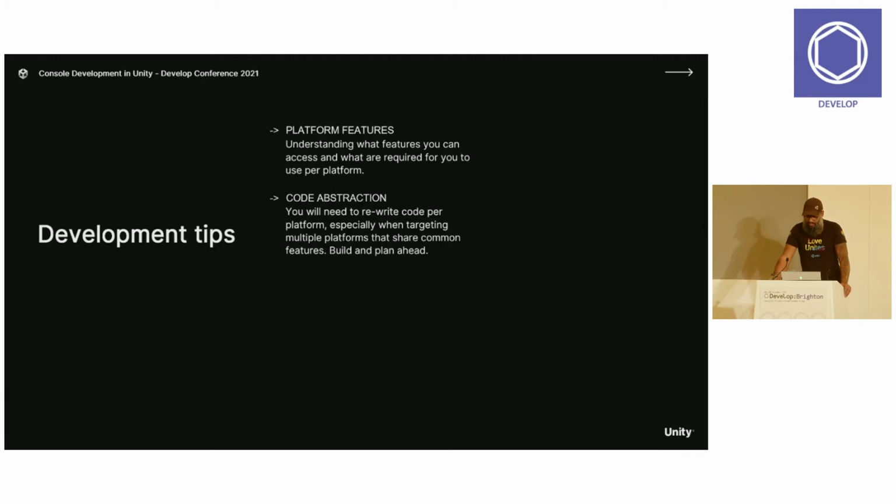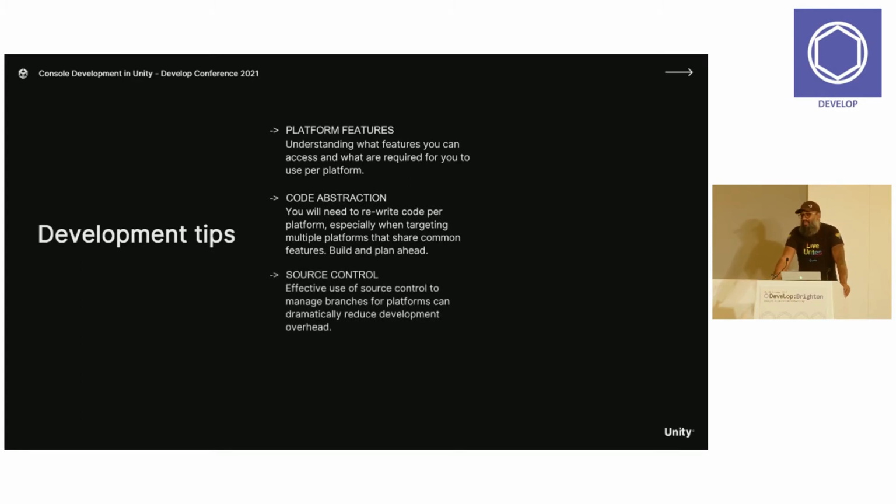I would suggest that you start looking at abstracting some of those into your own custom code so that you only call that code once, and all you have to recode per platform is, say, you would write your own, I don't know, mygame.achievements that has a get and set. And then behind that, per platform, you can just change that API layer interaction so that you don't have to recode that for every platform that you're targeting. It will save you time in the future.